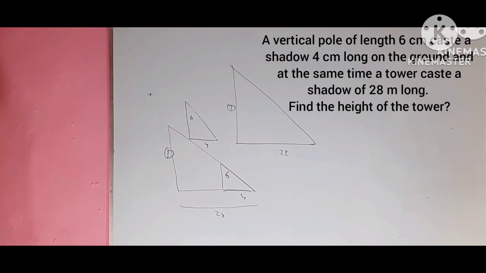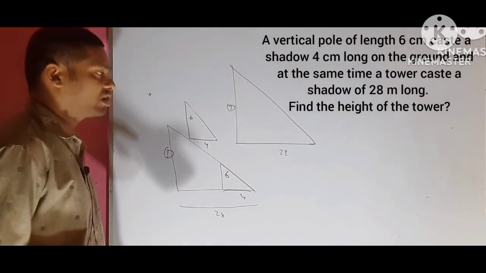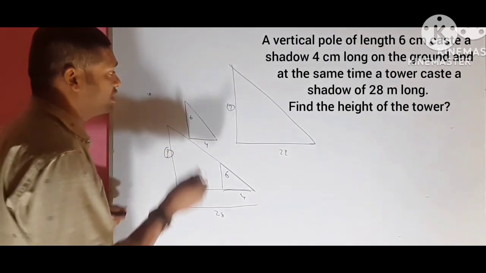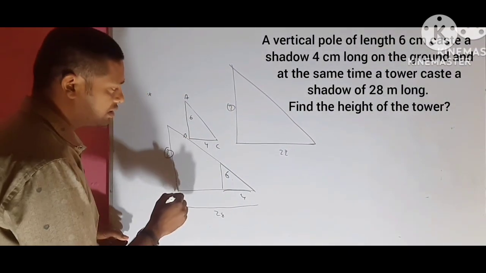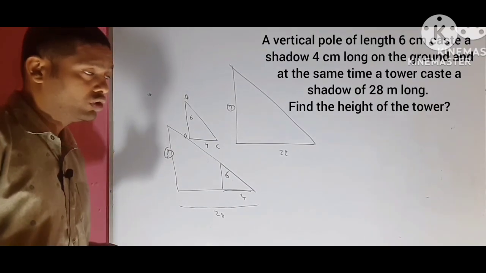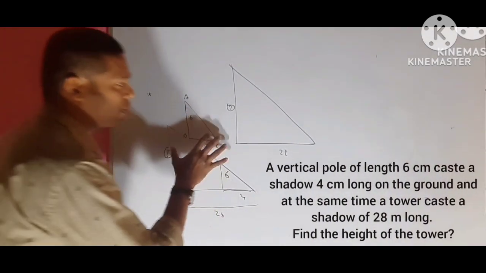Okay, I am assuming that one. So here both the methods are right. Okay. So which one is comfortable? Whichever you are comfortable with, you can do that one, because in the exam we don't know which one you have to make. So anything you can make, like this or like this, but everywhere you need to prove the two triangles are similar. Every time you have to prove them similar, then only you can use that proportionality theorem